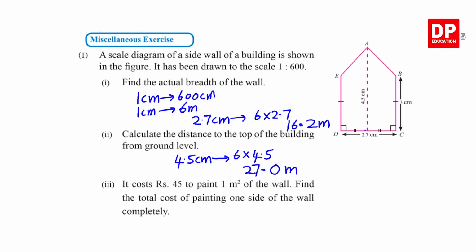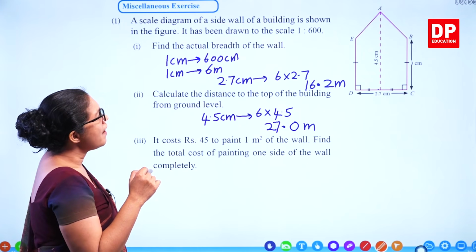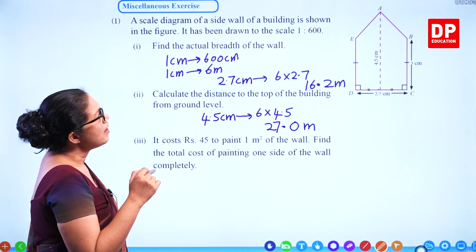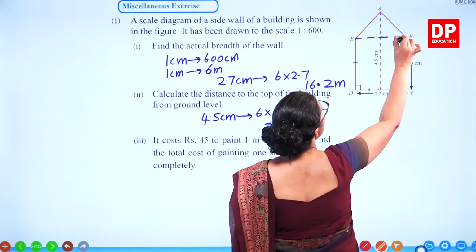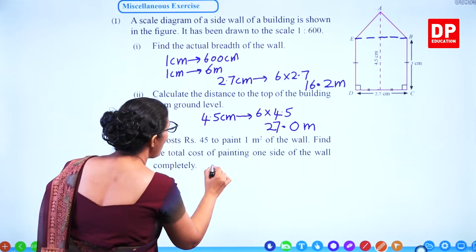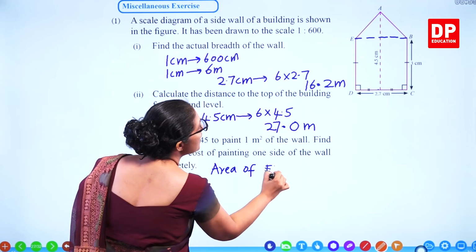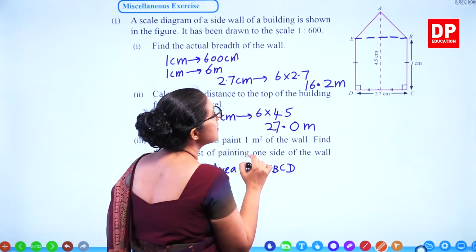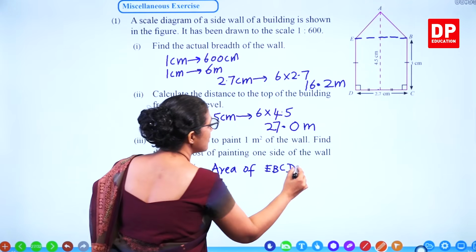It cost 45 rupees to paint 1 square meter of the wall. Find the total cost of painting one side of the wall completely. So we need to find out the area. Area of the side wall here. So we'll divide these into 2 parts. So what's the area of EBCD part? So 3 centimeter, 2.7. So you get